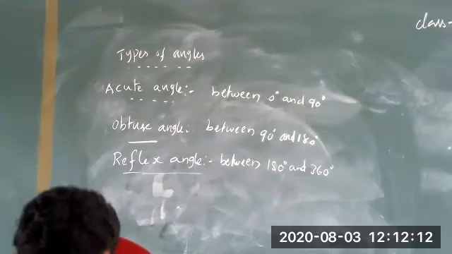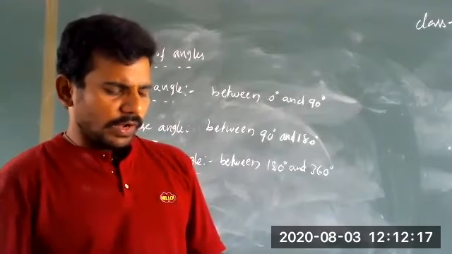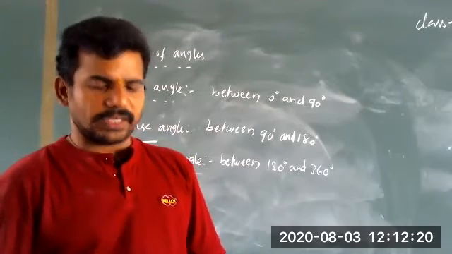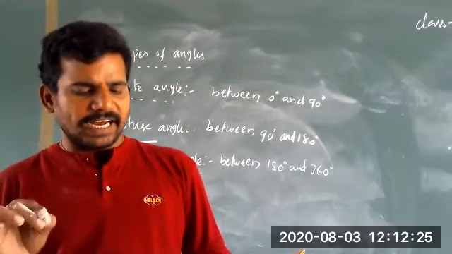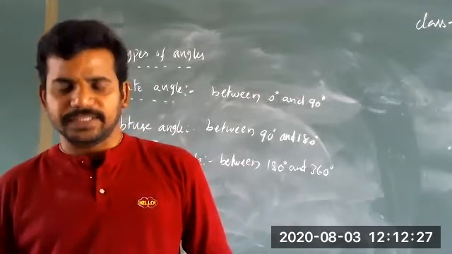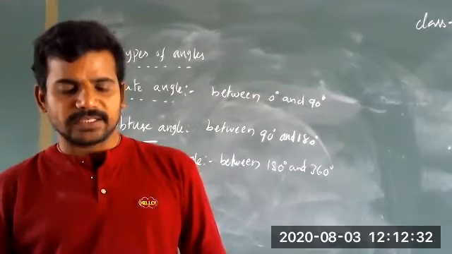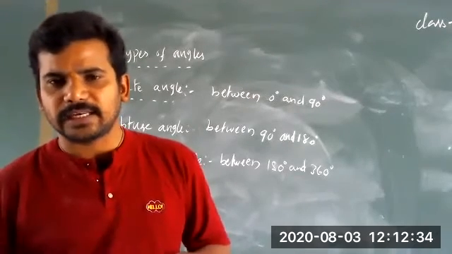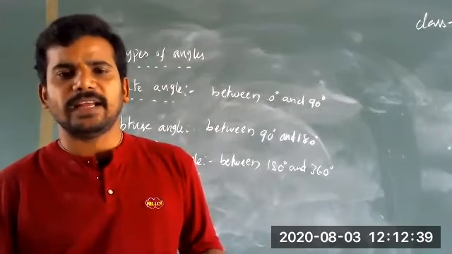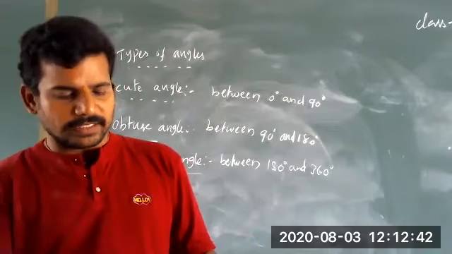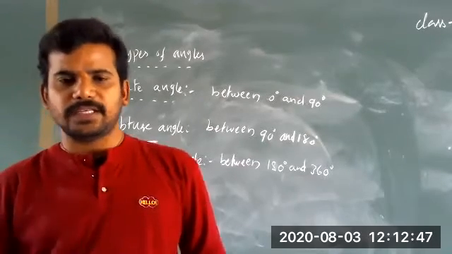First one. Write true or false, and correct all those that are false. First one, children: an angle smaller than a right angle is an acute angle. Yes, what about acute angle, children? An angle is between 0 degrees and 90 degrees, that means above 0, below 90. This statement also says smaller than a right angle, so it is called acute. So this statement is true.